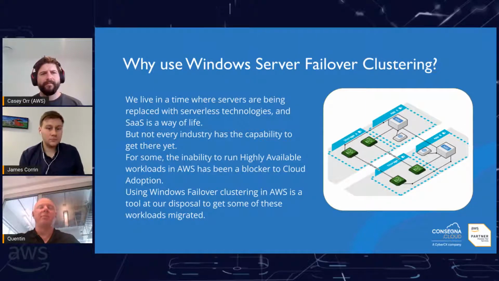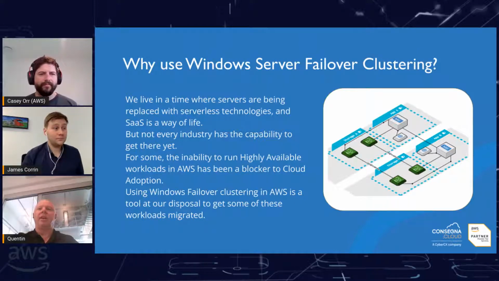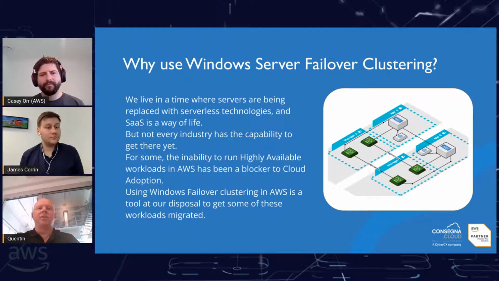A lot of these things have gone away, which is great. The likes of Exchange Server and SQL Server were two of the most common things run on a Windows failover cluster. The likes of Exchange Online and SQL Server Always On availability groups took over that. But there are still some things that we can't re-architect with a newer technology. And a lot of those I see in health, where I've spent a fair amount of time doing data center migrations. The applications, for some reason, just will not run any other way. And I'll go into some of those details